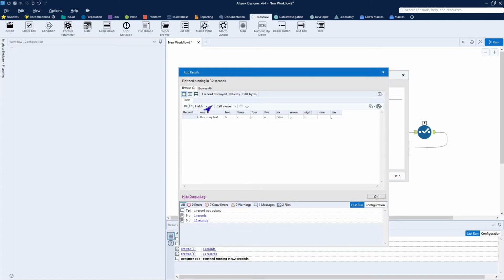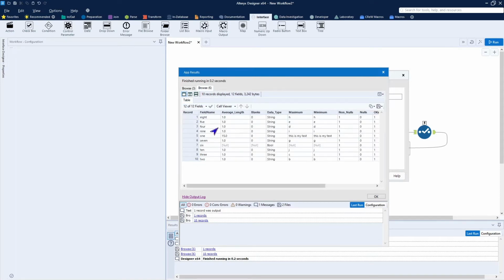We also have a browse. Look at the first browse, which is browse 3, and you see that the A in the first cell was replaced with "this is my text." And if we look at the browse of the results from the data profiling, if we look at 1, we see it's gone